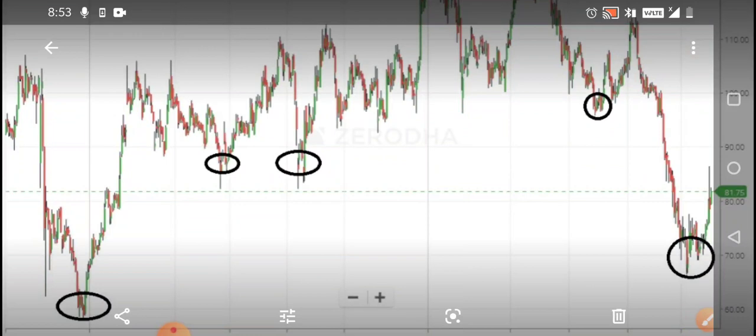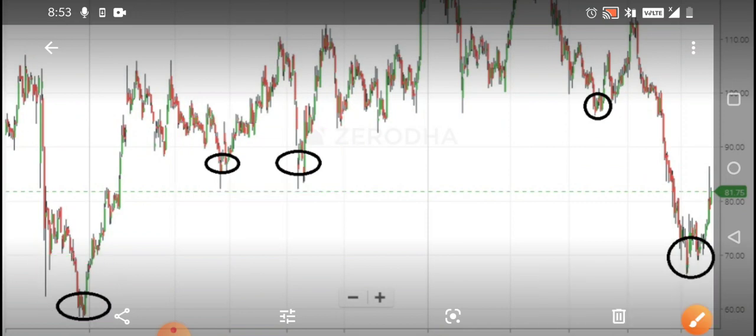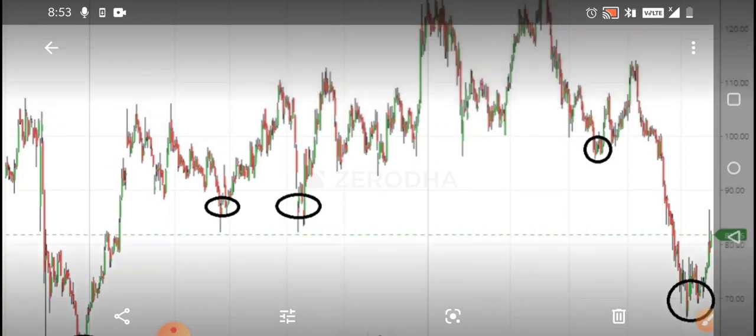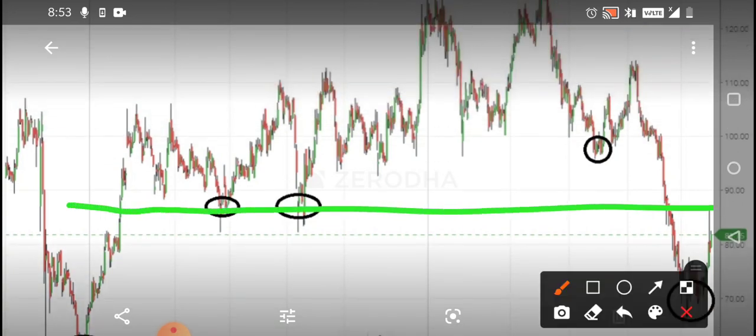That is not resistance, it is facing a little trouble to go up. So that is the particular region I was talking about, and in the same way you can see here the stock is facing a little trouble either to go upside or to come down, and same here also the stock is facing the same issue. Okay, so I think these are all the levels that you can identify. So at those particular regions, you need to draw a line in such a way.